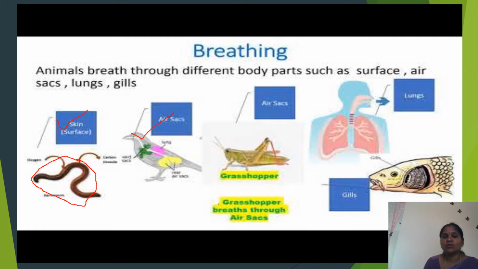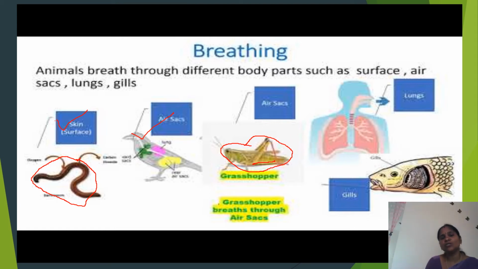See, this is also a bird. I have also shown both sides of the head, where it will be present. And here some of the birds will use lungs. And this is an insect, you know this insect named grasshopper. Even the grasshopper, both sides of its body will be presented like here. So both sides of the body of the grasshopper have these air sacs. So insects also will breathe through these air sacs.